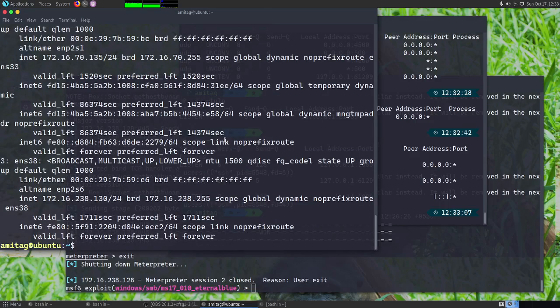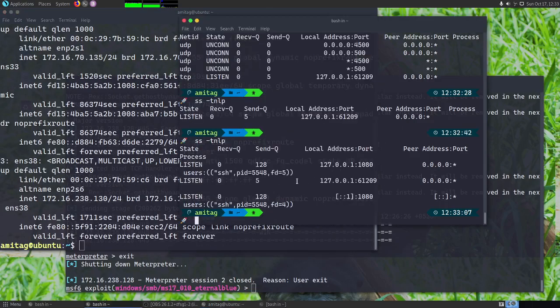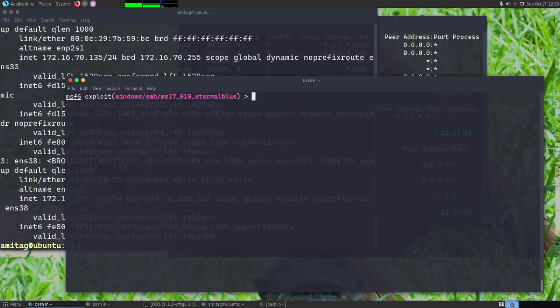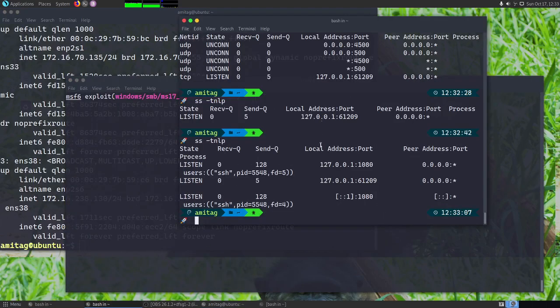Now with this dynamic port, we have opened a SOCKS4 proxy connection, and now we can use different kinds of applications which can connect to a SOCKS proxy to connect to our remote host, that is the Windows host, which is not directly accessible from here.